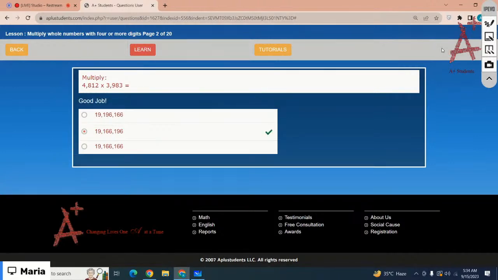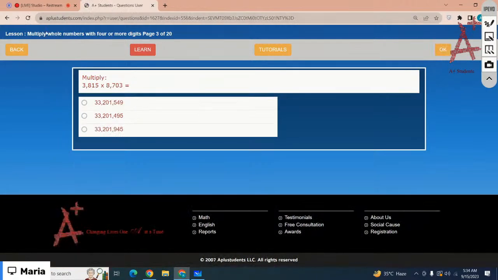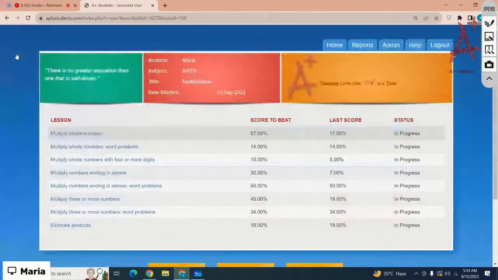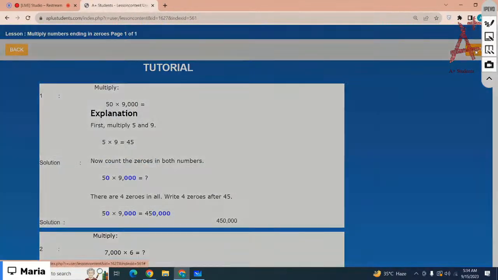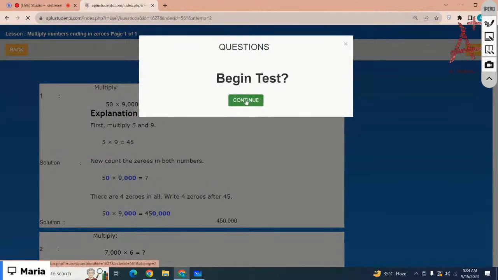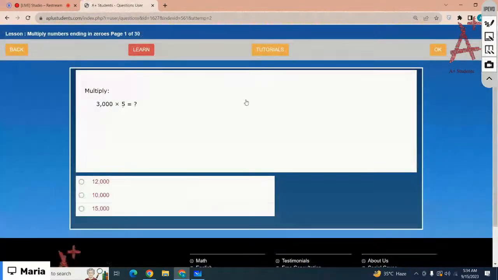Okay, you can complete the lesson by yourself later today. Let me just move on to the next lesson, right? Okay, the next one is multiply numbers ending in zeros. Okay, here we are. How do we multiply 3000 times 5? You have to multiply the non-zero values and then add the zeros. So 3000 times 5 is,